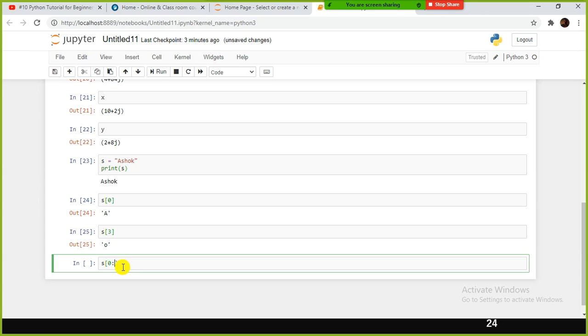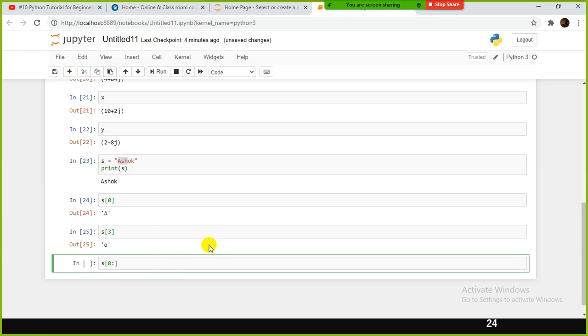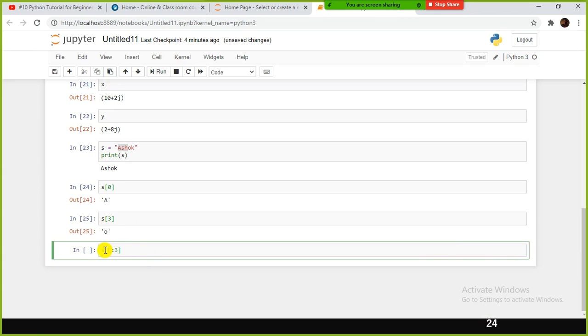Okay, let us say we wanted to select the first 3 letters. How do I do that? 0 colon 3. You need to use 3 here, right? When it comes to a range, when you select a range of values or letters, the rule is you need to start with the first letter, and go up to this one, excluding this one. So 0 to 2, excluding this one. Actually 3 minus 1, n minus 1.